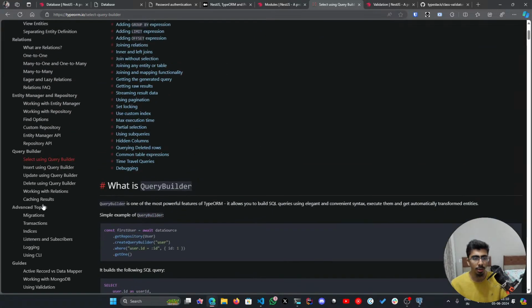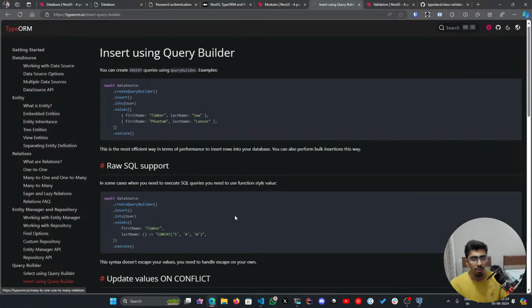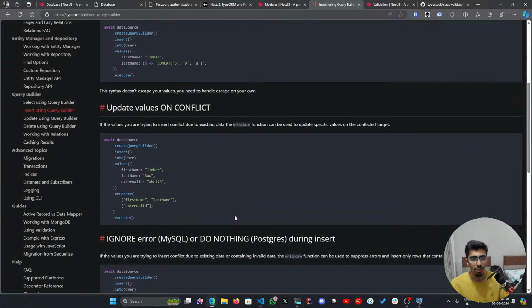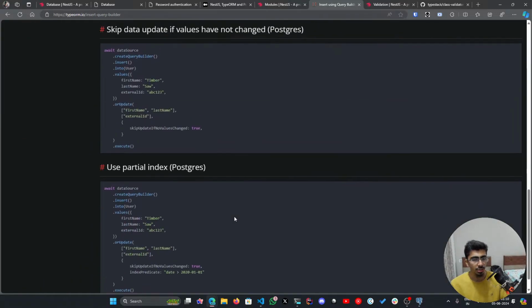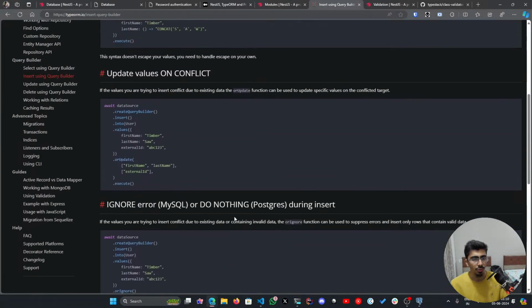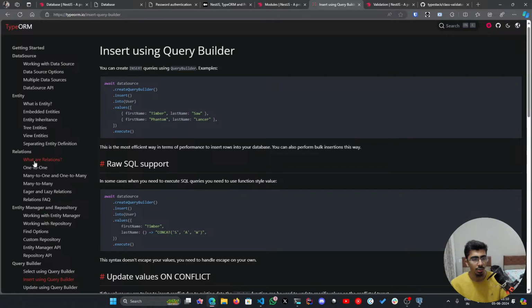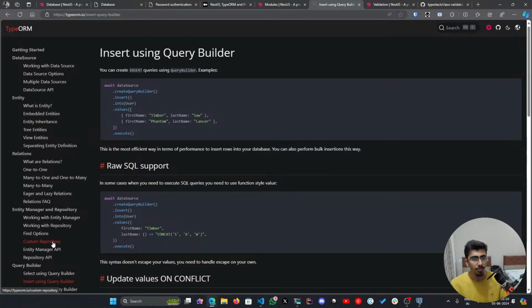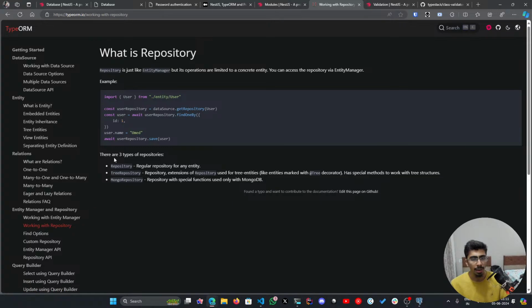There is a query builder. Let's go insert into values. That looks like Drizzle, but it's not, of course. Working with repository. Okay, so you get a repository, you find one by